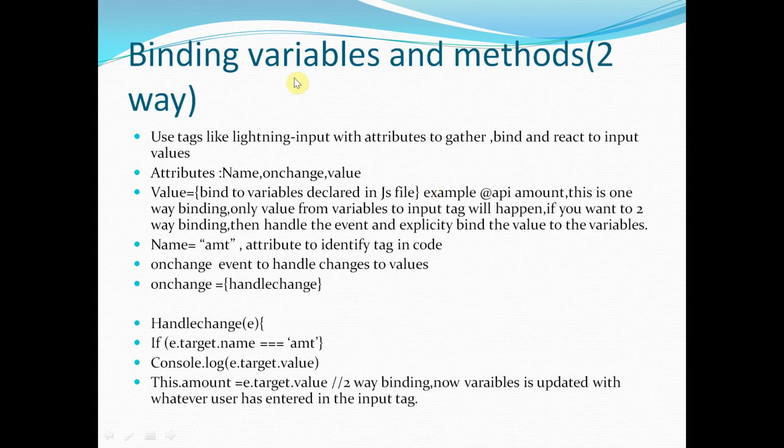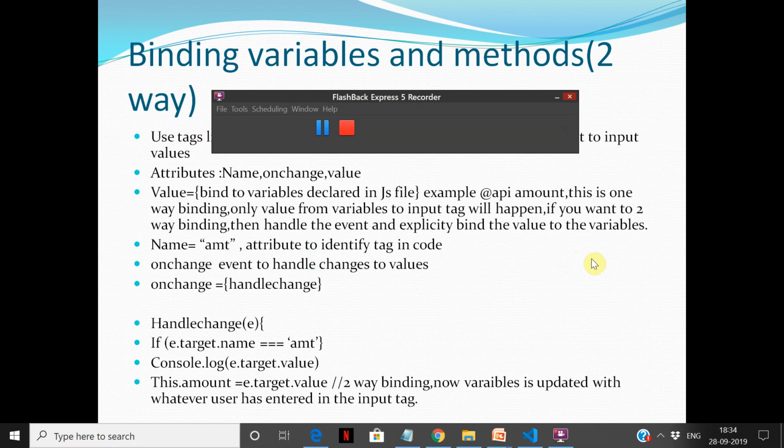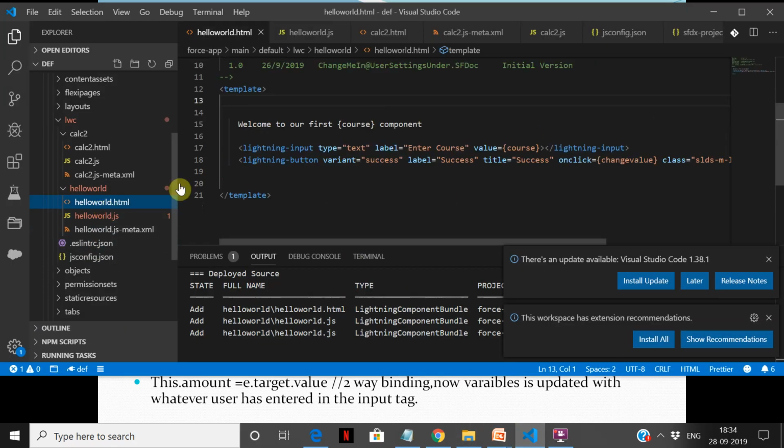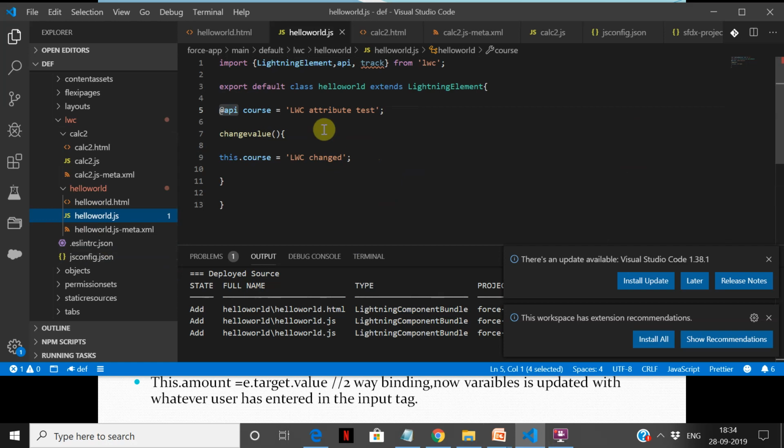Now once you create a method, the challenge here is that so far we were only transmitting data, but let us see how to get the data back. Let me go over here. When I am in this, I'm giving a value over here. Whatever is getting saved over here, I want to get that value. I want to get whatever value changes in the UI.